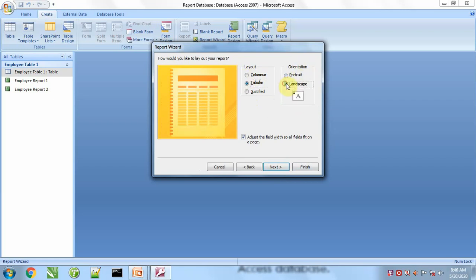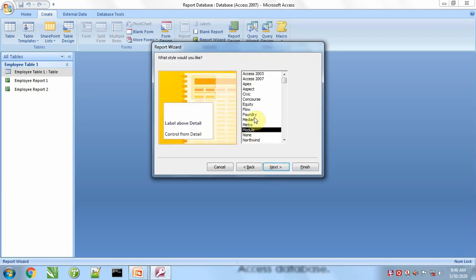So orientation I'm taking landscape, and layout is tabular. You can select format according to your choice. Which format do you like?